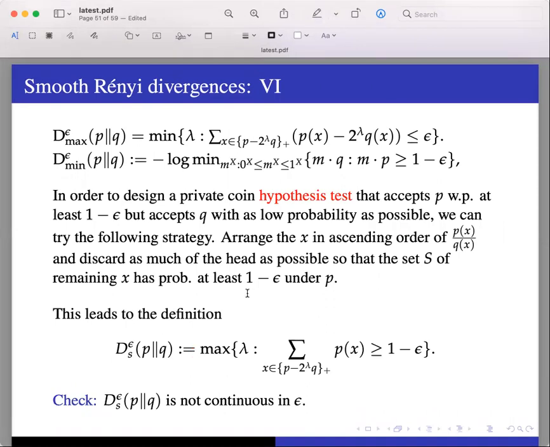I'll define a new quantity called D epsilon S. Here the S is a reminder of something called information spectrum. In the first lecture, I said there is another setting called the asymptotic non-IID setting, which is also known as the information spectrum setting pioneered by Han. Of course, in that setting, there is a parameter n that keeps growing, and you have to